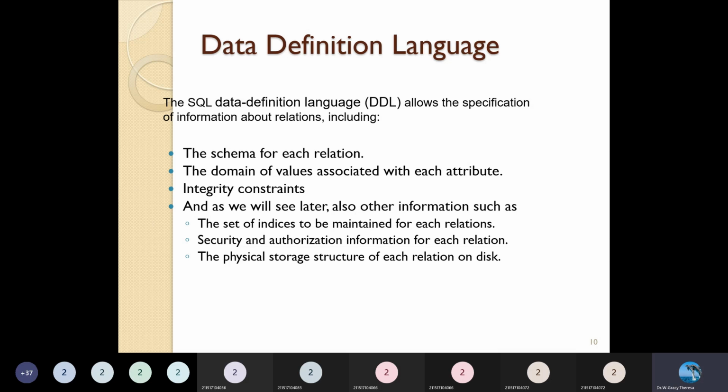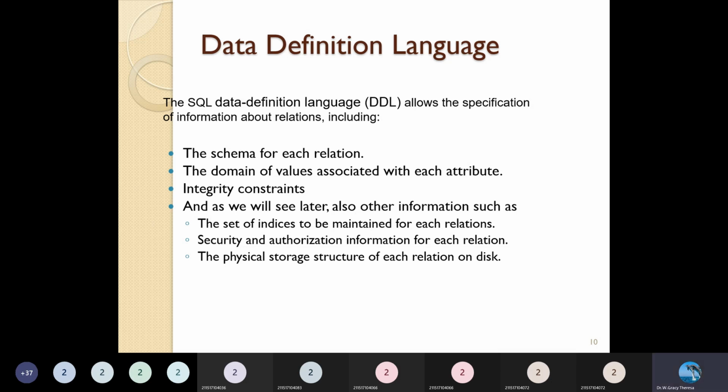The schema consists of domains, which are the values that can be specified for the attributes of the relation, and integrity constraints,